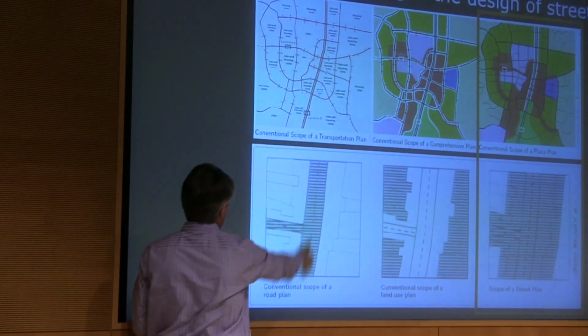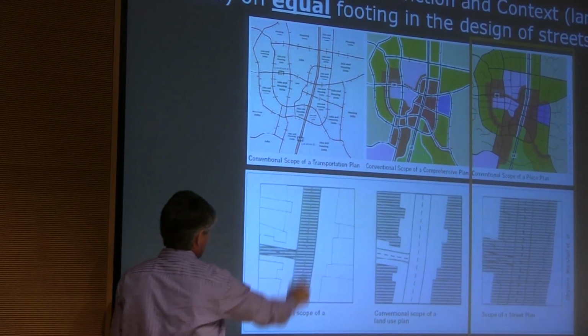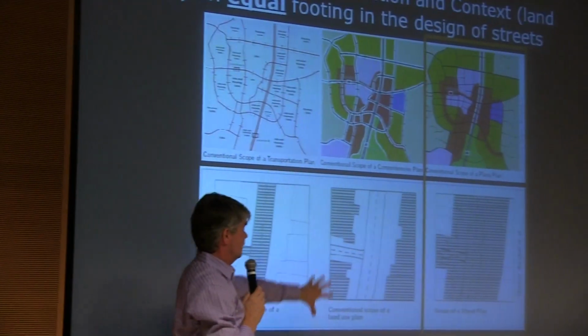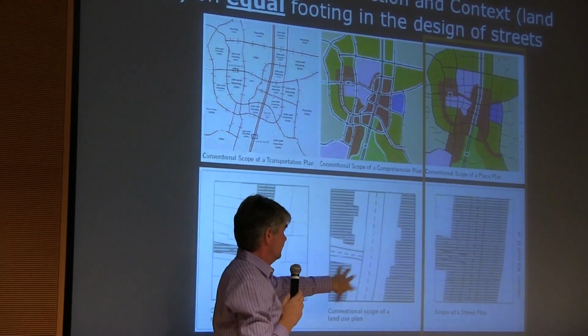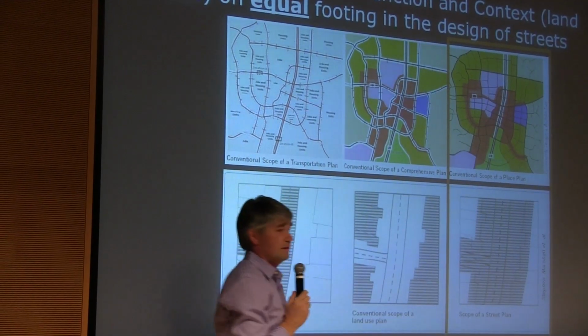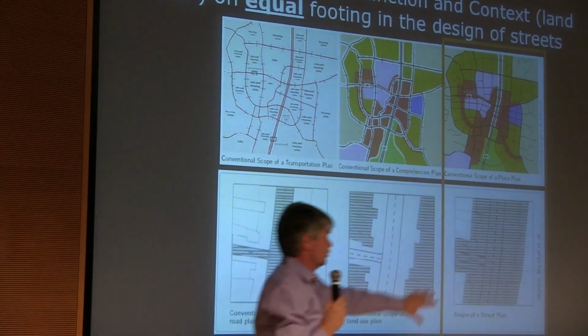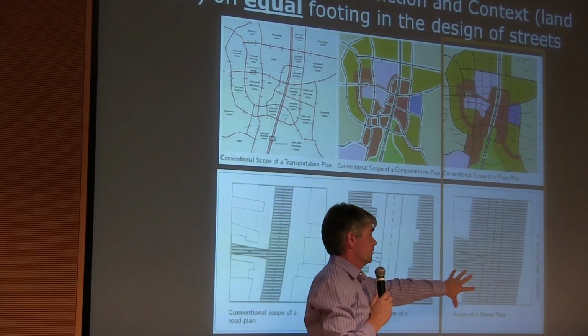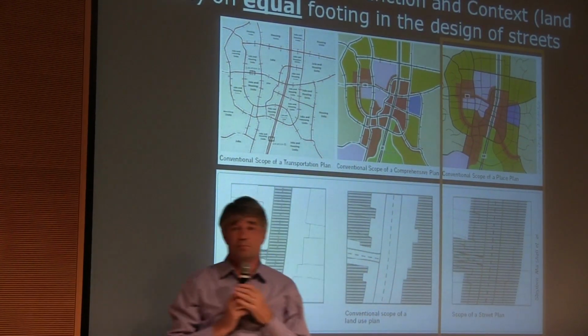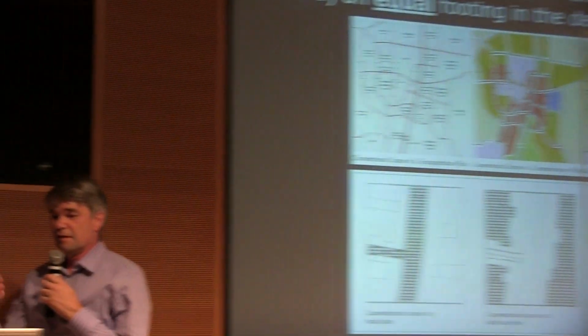So the roadway planner just looks at the roadway, ignores the land use. The land use planner is just concerned with the land uses, but not with the design of the street. And what we're looking for is a planning approach that looks at both of these major components as a whole, that is very intricately linked together, and actually looks at both of these components on an equal footing, which is